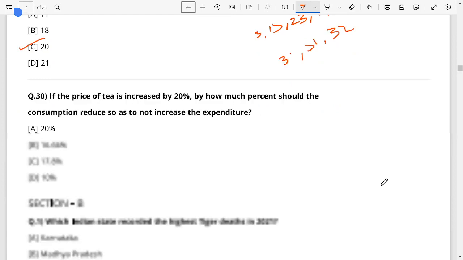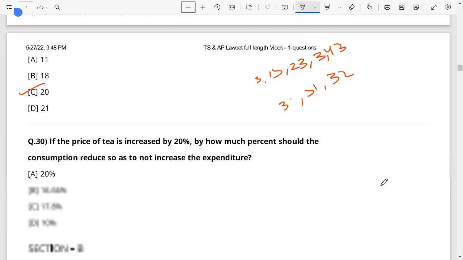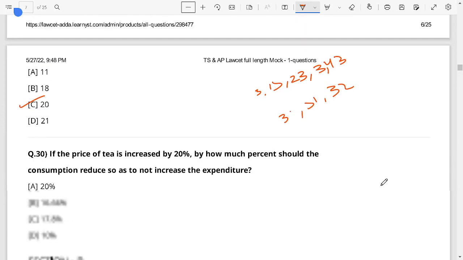The last question of mental ability, guys. Right? It is also a very important question. So if the price of tea is increased by 20%, so the price of tea is increased by 20%,